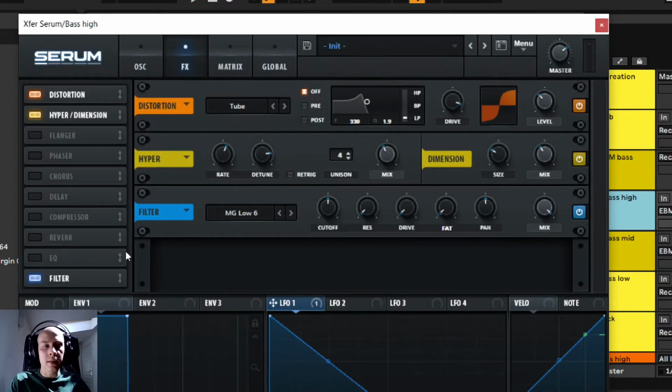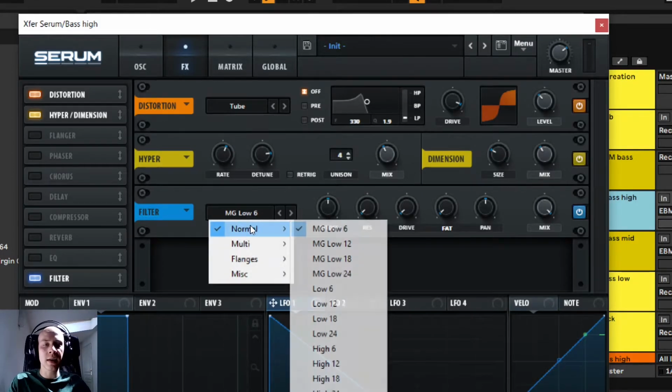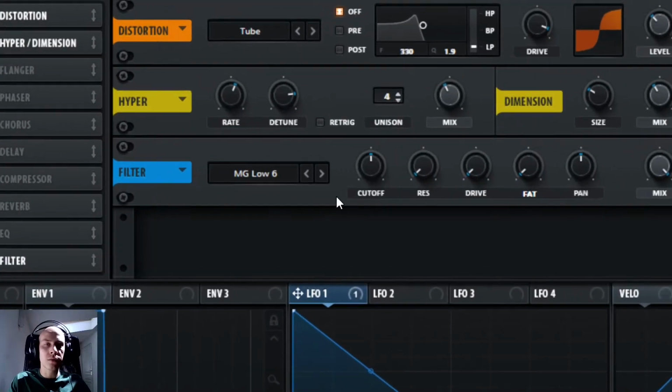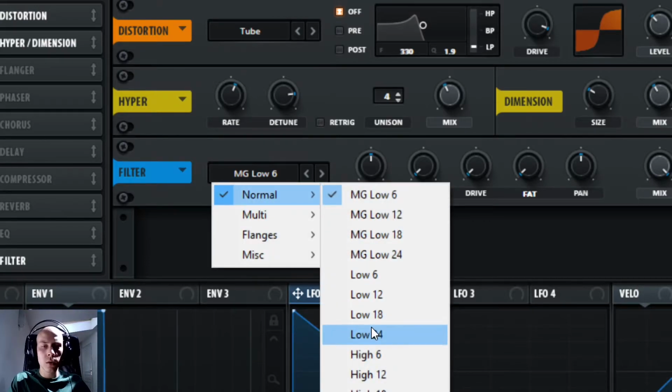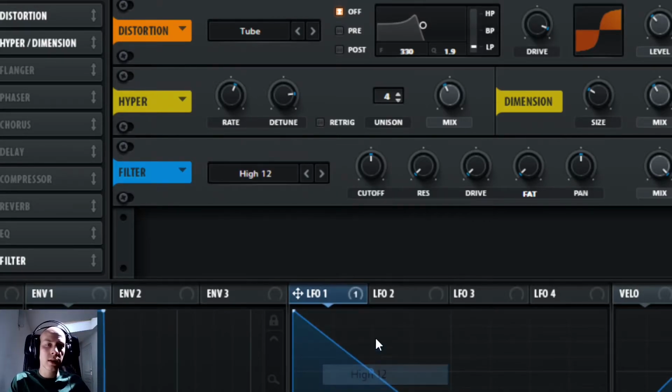The last thing is the extra filter, which I will use in the end. I want to use that filter so I can cut out any low end from this layer. Later we will create a layer for mid frequencies and low ones. I don't want to mix low frequencies from different sources. That's why I want to cut any low end from this bass sound with the filter.